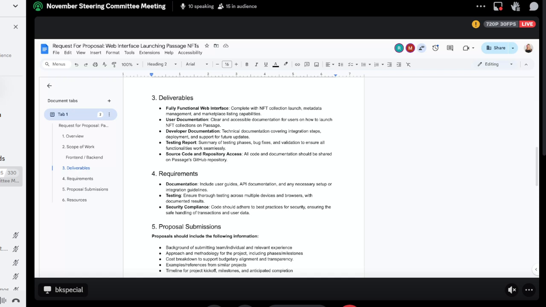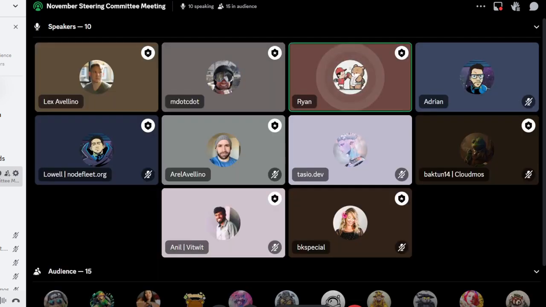Smart contract integration, just ensuring that the interface interfaces securely with the Passage smart contracts. Then the marketplace integration, so when somebody creates a collection, just getting it all listed in the marketplace automatically. Again, that's the thing that right now we do a bit manually. Whitelist launching functionality, so making it so only users who are on the whitelist can launch a collection, and that whitelist will be controlled by the Passage core team through the front end UI.